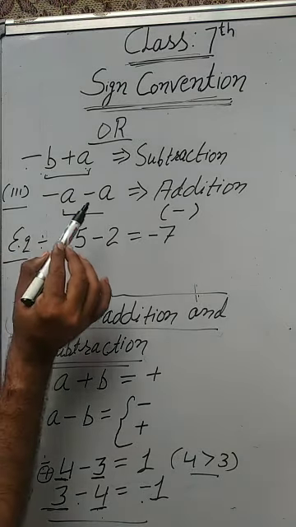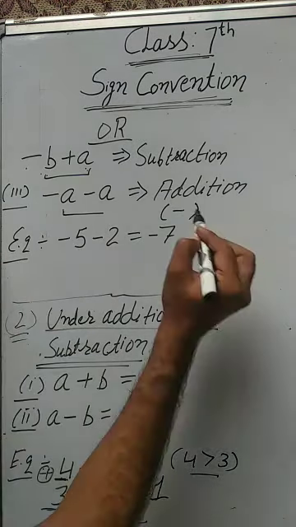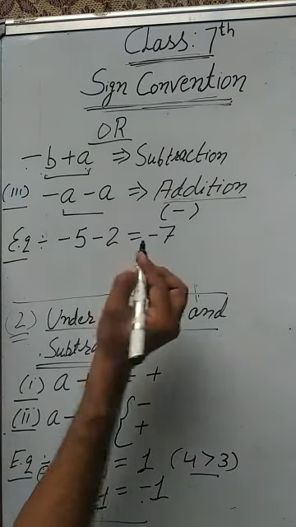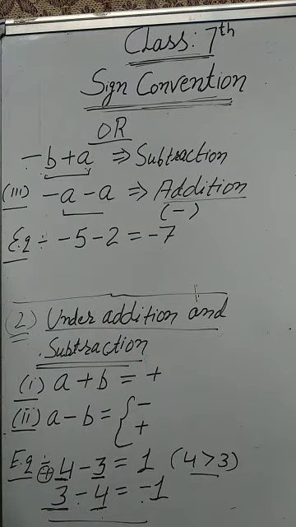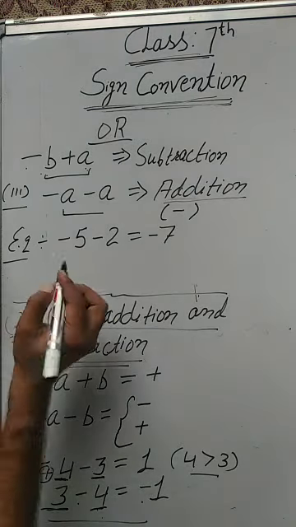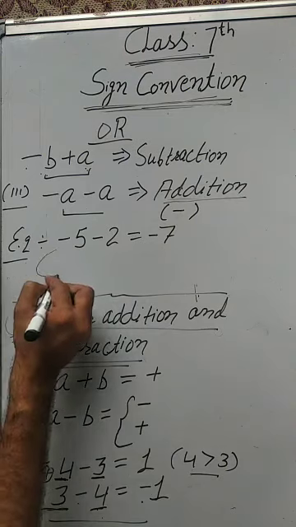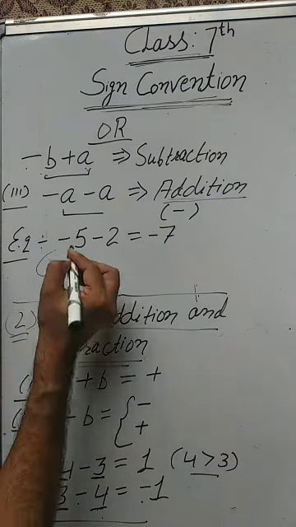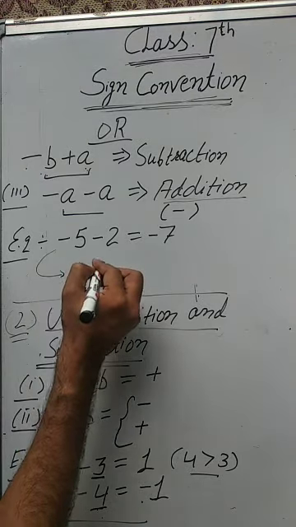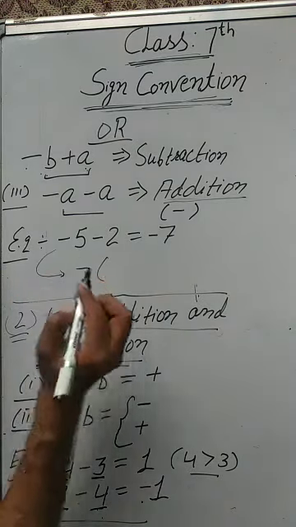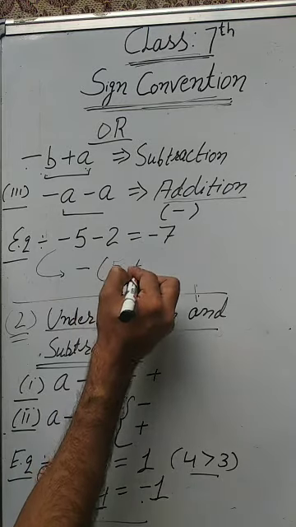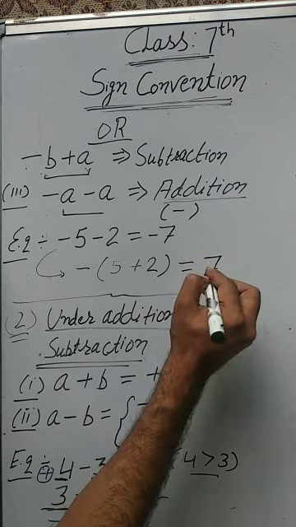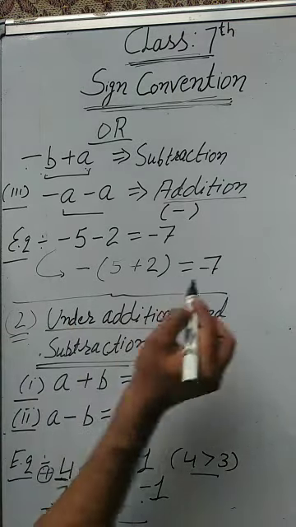If two numbers are in minus, you will perform addition. You will not perform subtraction. But sign will be a negative. Okay, beta? How is it possible? I am explaining. Actually, this question in that form. If you will take minus common from here, then clearly 5 will become plus and 2 will also become plus. 5 plus 2, 7. And sign minus will be here.